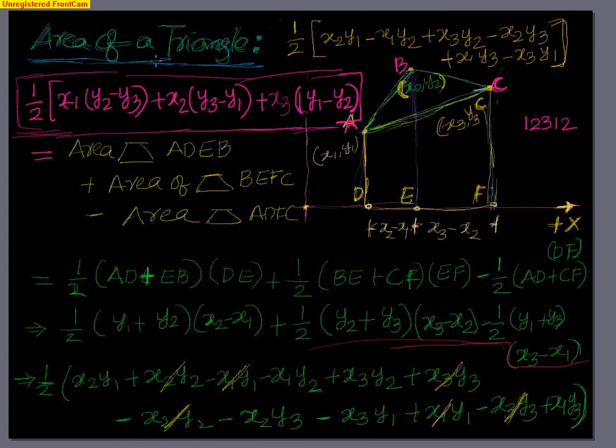Now think about this. Suppose one of your vertices A is at the origin, okay, then what will this formula become? Think about it. In the next video we'll discuss it. What I am saying, if this vertex A is on the origin, that means it's translated to here. So what happens? X1 and Y1 are 0. Try to substitute X1 and Y1 as 0 and see what you will get. That is very interesting.